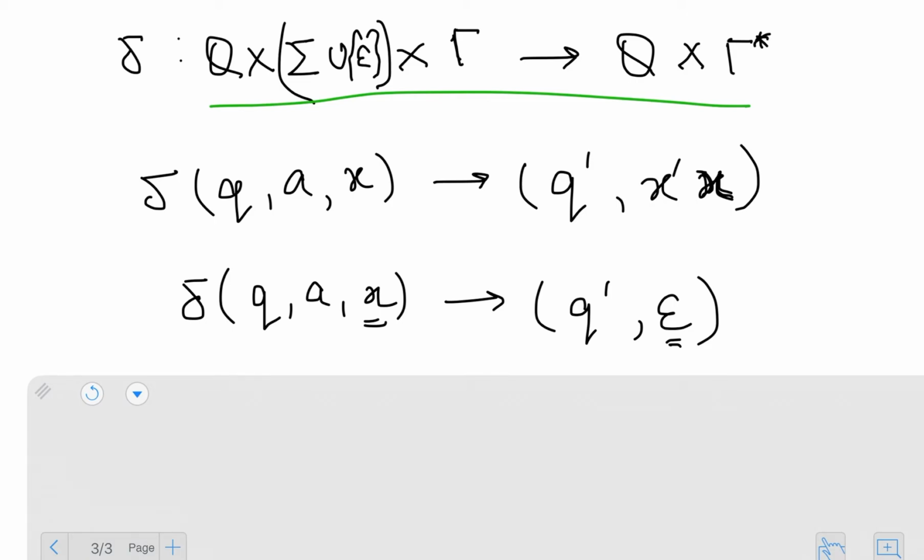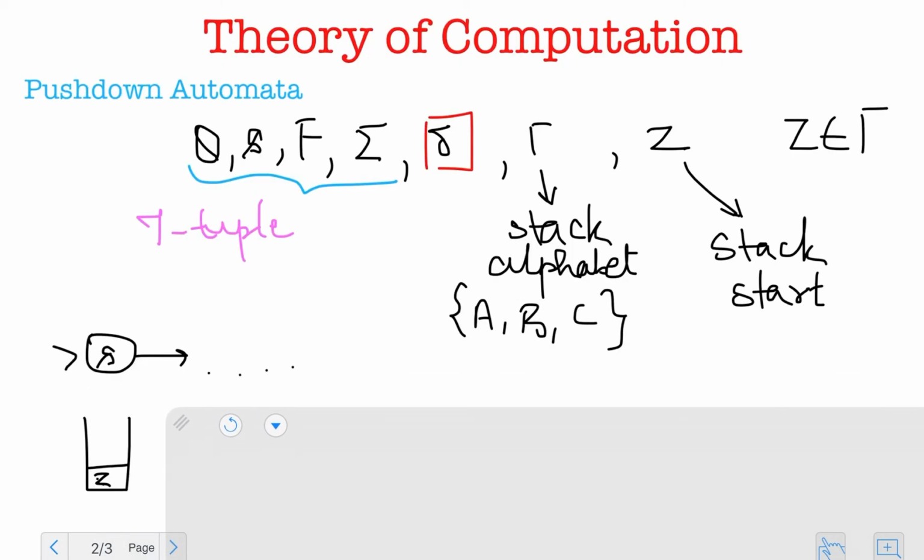As you can see, the star right there also accounts for epsilon, because gamma star is going to contain epsilon as well. But at the same time, I could also say that it becomes something more. So we are just pushing onto the stack, and whatever was the stack top does stay there, but I push something on top of it, which is why I had the star there. So this 7-tuple, all of these symbols together, define a pushdown automaton completely.